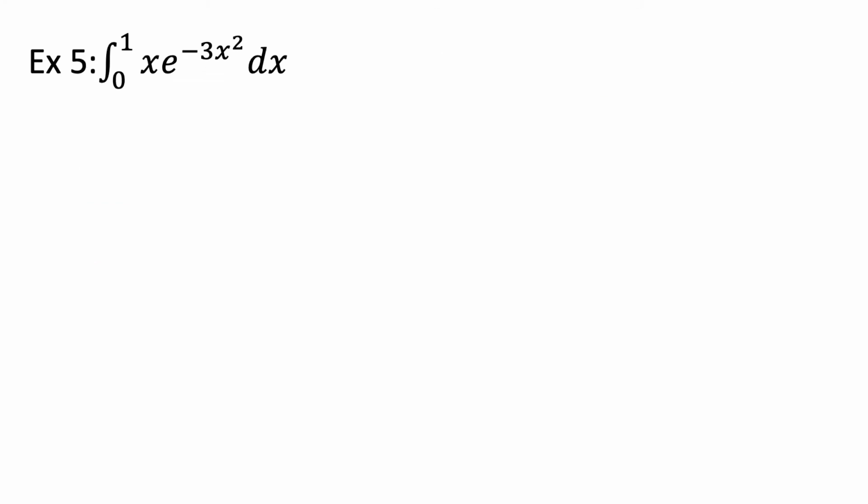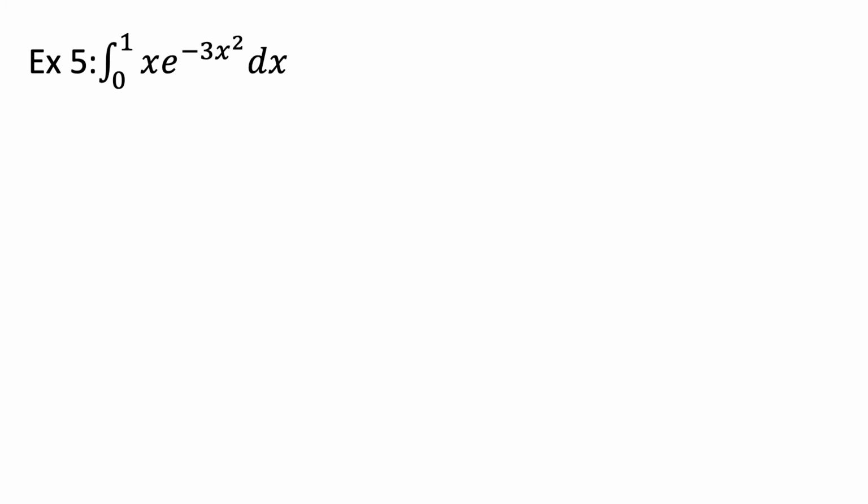Okay, for our last example of the day, example number 5, we are going to look at some definite integration. So we're going to integrate the way that we have been throughout this video and throughout this chapter, but then we're going to also account for changing over the 0 and the 1 to be in terms of u as well. So looking at our integral from 0 to 1 of x times e to the negative 3x squared dx,